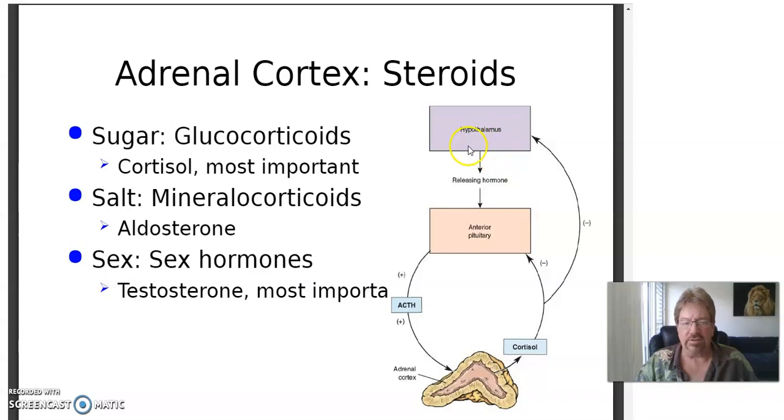Negative feedback again, and of course, as before, it's controlled by the hypothalamus. So the inside, the medullary portion, releases the catecholamines, adrenaline. The outer cortex portion releases cortisol, aldosterone, testosterone. There are also some others, but glucocorticoids, gluco means sugar, and oid means steroids, steroid hormones with a sugar basis. Cortisol is important. Cortisone, guys, the famous drug they give for anti-inflammation, was derived from cortisol. It's important, but